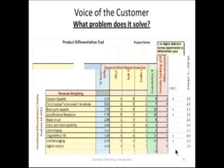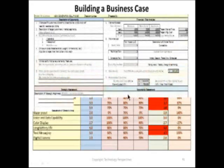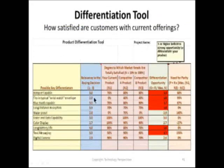This leads on to the next step, which says how satisfied are the customers with the current offerings? Because we have competition, we're going to look at this column right here that says this is where we're at, this is where our competitor A and B is at, and oops, sorry. And based on the relative buying importance we determined from the customers on the previous slide, we're going to say, if we have an equal footing with our competition,